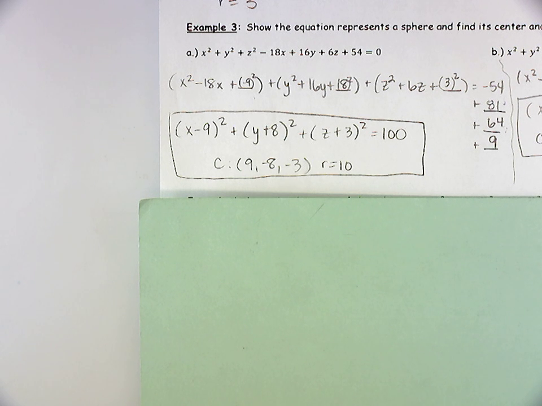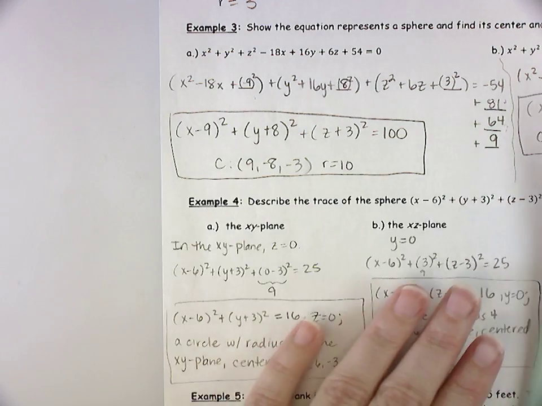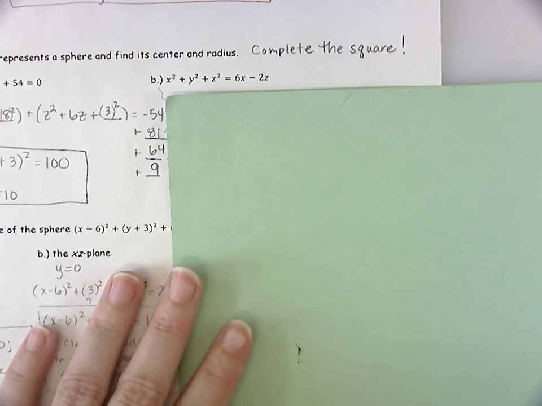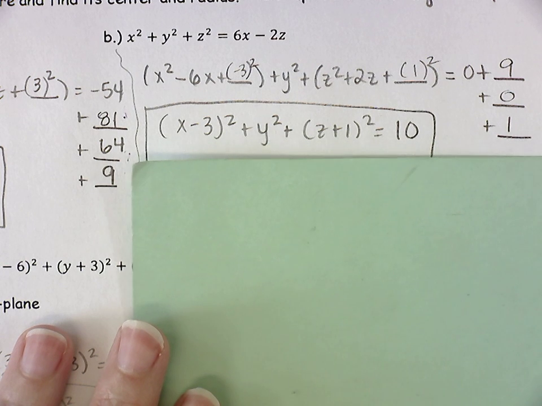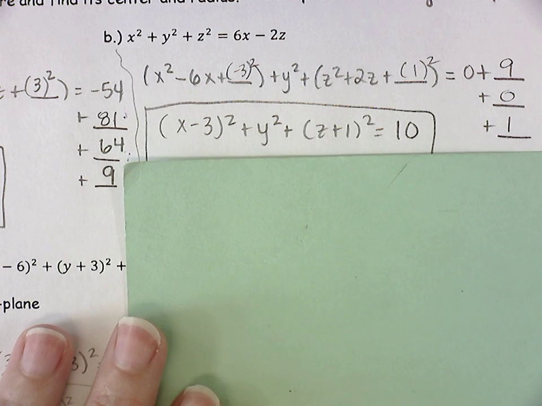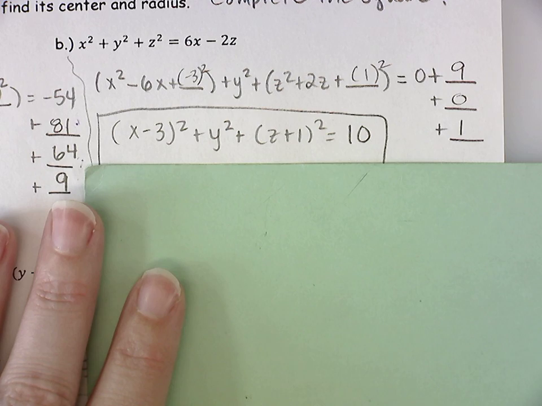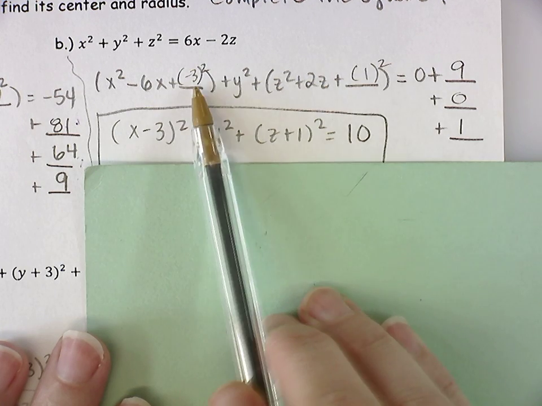Yep, and you can just leave your radius as an exact value. Okay, and then Lydia, do you want to tell me what you got for your equation? (x - 3)^2 + y^2 + (z + 1)^2 = 10. Okay, great. When we filled in the blank spaces, you should have (-3)^2, so you're adding 9